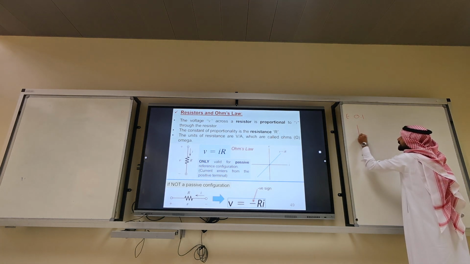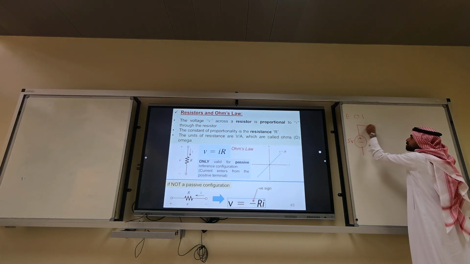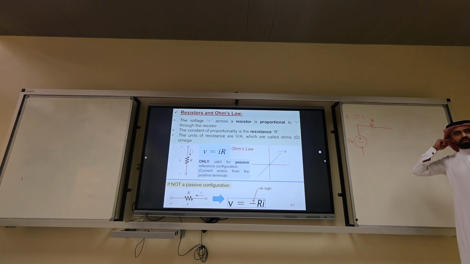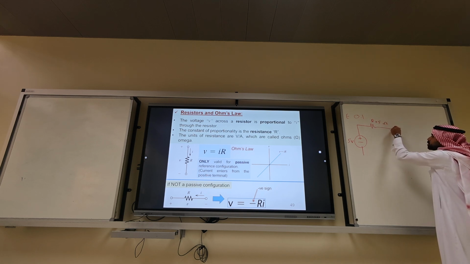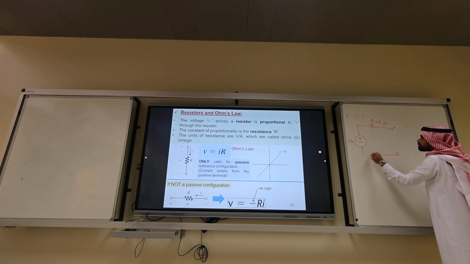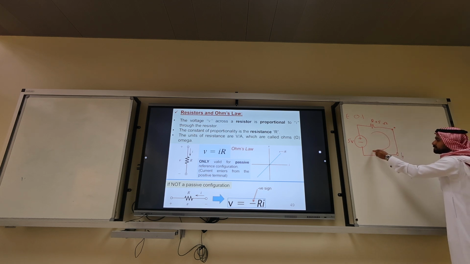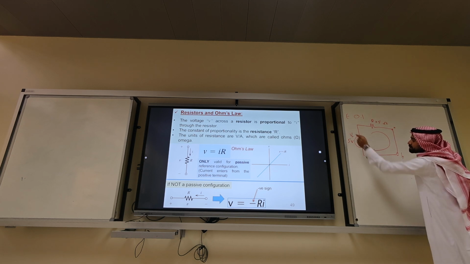So what we had is we had a battery of 5 volts. Right? Then we have a resistor of R. Let's call this R to be 5 ohm. Okay? Then I told you between A and B, we connect a short circuit. What is the voltage drop across AB? 0. Okay? When we did a KVL, what did we say? We say voltage rise, which is Vs,